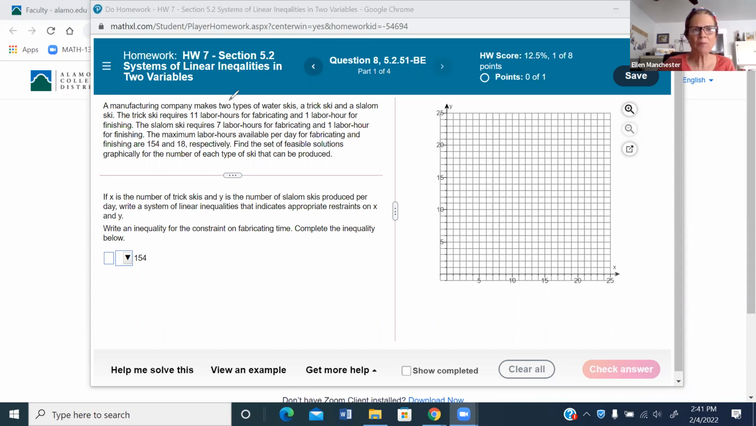So a manufacturing company makes two types of water skis. The first type is the trick ski, and the second type is the slalom. So trick and slalom. Okay, the trick ski requires 11 labor hours for fabricating. So all that means is it takes 11 hours of labor to fabricate the trick ski and 1 labor hour for finishing. So we have two things that we're looking at, right? In a business, you have different stages of production. So we're going to only look at the fabricating